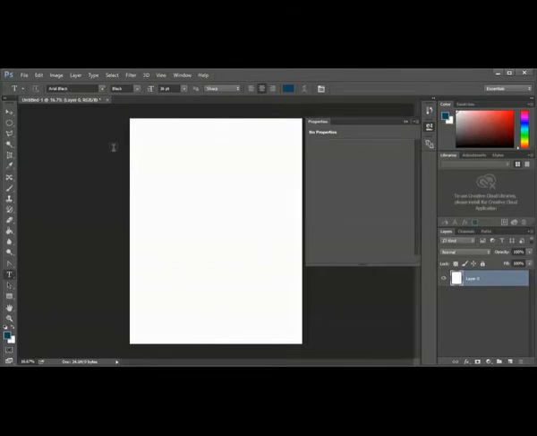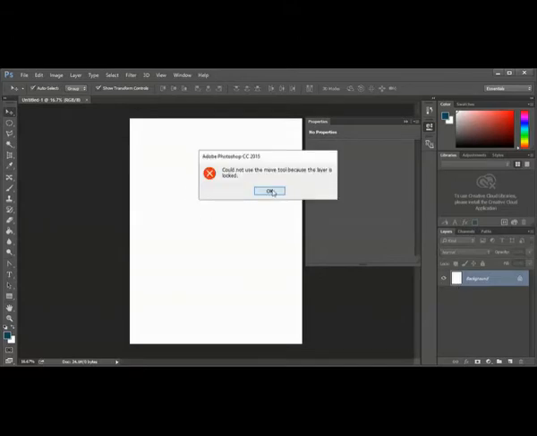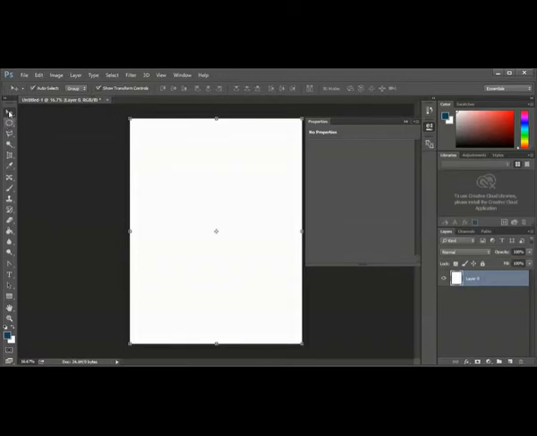When I say undo, Control Z, I made undo. When it is a background image, if I use the move tool, I cannot move this white down or up because it's a background image. It is not allowing. So I will convert this background image to a layer image by clicking the lock button. Now if I use the move tool, I can take that white sheet down or up.